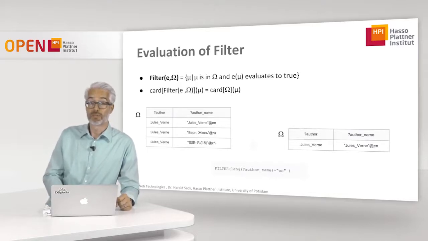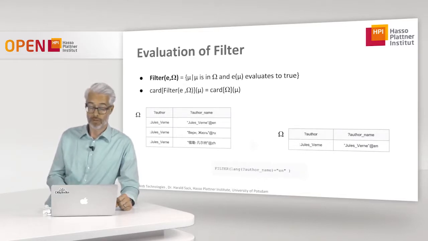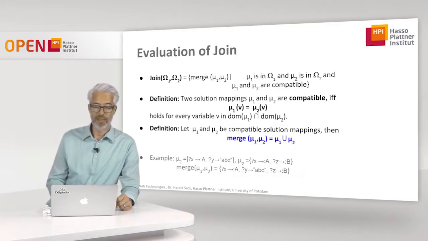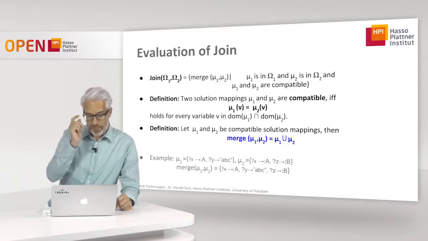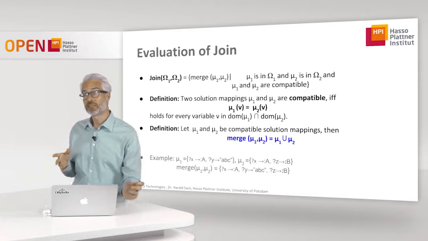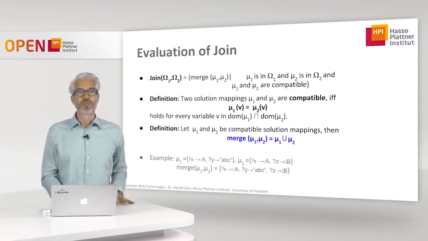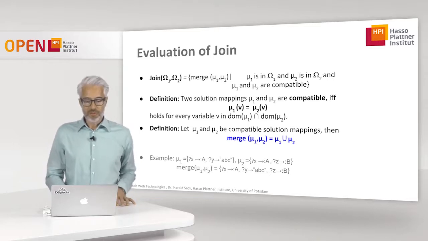And of course, the first mapping 1 will stay 1 according to the cardinality which is given. So this is the evaluation of a filter, also not too complicated. If we look at the join expression, if we want to combine conjunctively two result sets, this is a little bit more difficult. So usually what we have to do here is merge